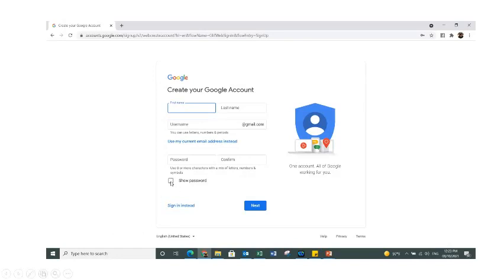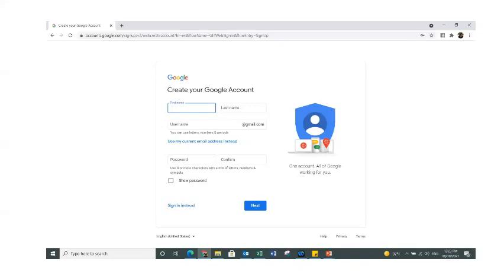Here, you can see there is a checkbox next to show password. When it is unchecked, that means there is no tick mark in this box. Whatever you type in the password and confirm password fields will get translated into dots.